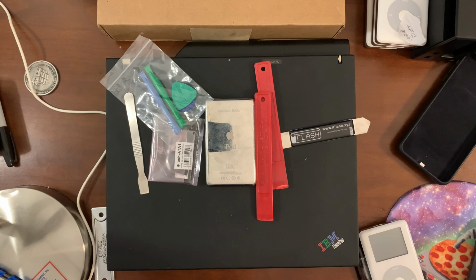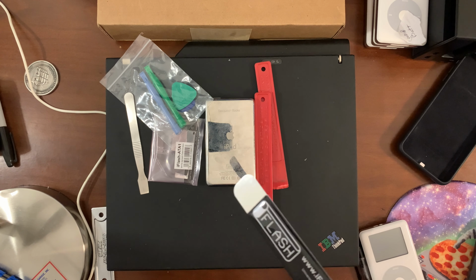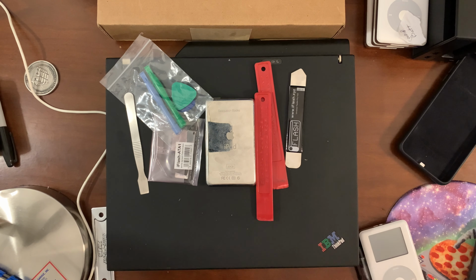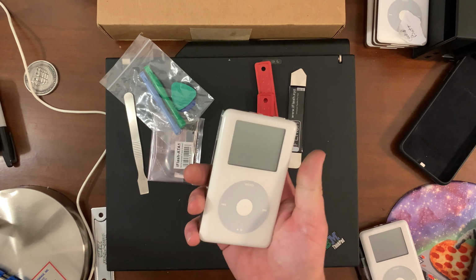I got this stuff in for my flash. I wasn't expecting it to get here this fast. When I ordered it, I thought it said 12 days of shipping, so I didn't know I was going to be making another one this fast. Anyway,